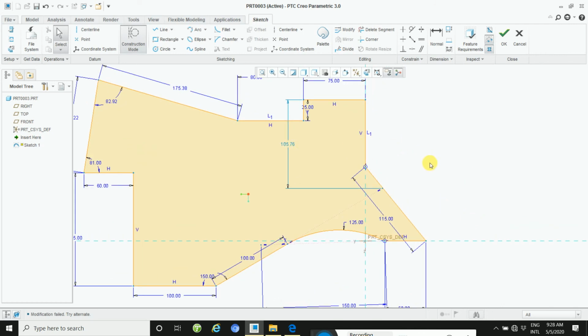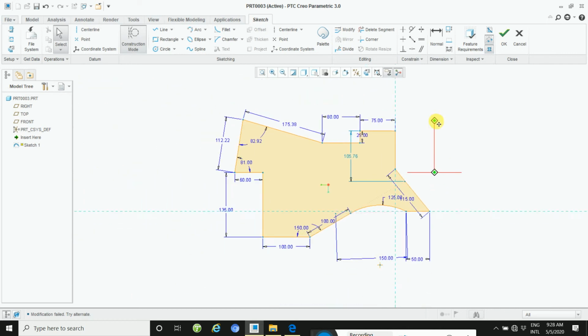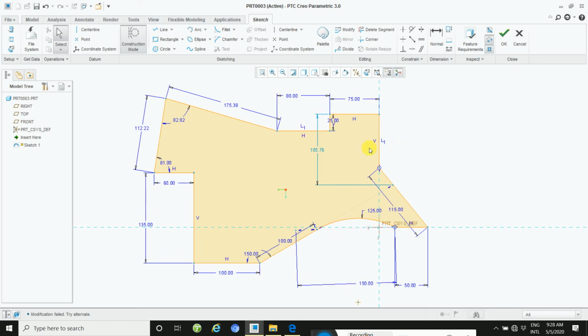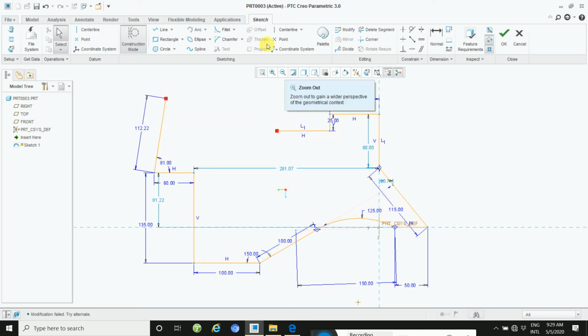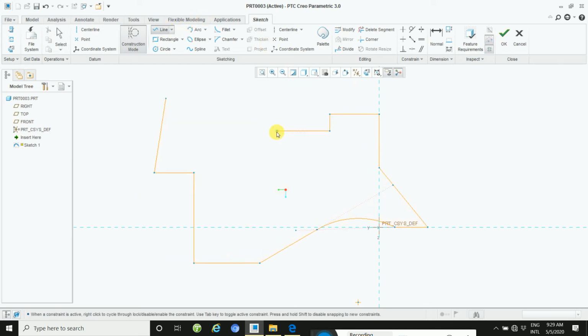And then I think one line is missing in draw. I'm going to draw here. That one line is missing, so don't worry, delete this line and then draw one line here.